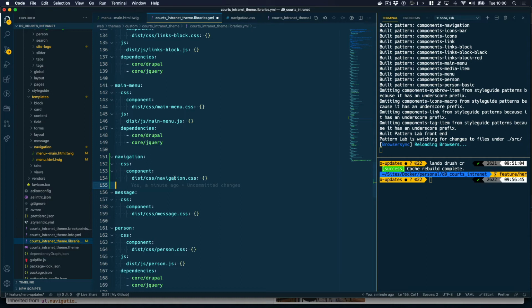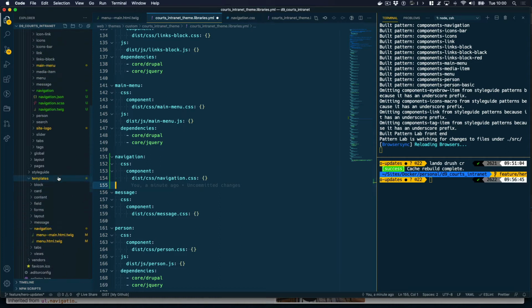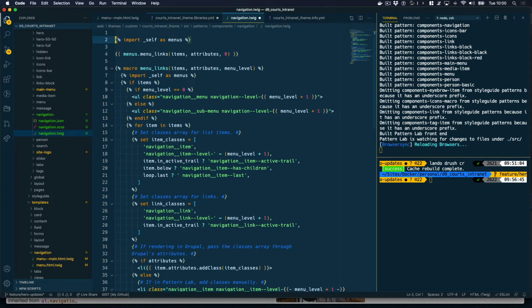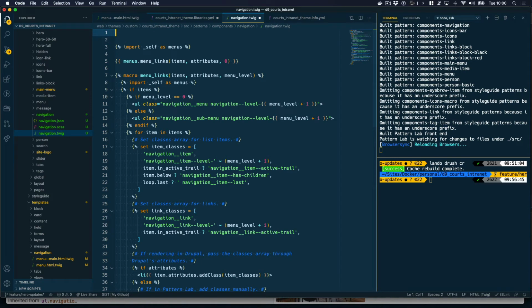The beauty of libraries in Drupal is that you will only load them where you need them when you need them. This means that you don't have to load JavaScript or CSS on any pages that don't need them, which is great. So to do that, you will go into the component that we built earlier, the navigation.twig component, and we need to attach the Drupal library to it so that Drupal can make use of those styles every time this component is rendered on a page. So you use the attach library function, which takes a parameter of a path or library name that you want to attach,